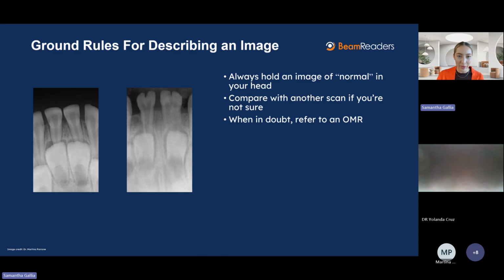All right, next up in terms of ground rules, we're going to want to always hold an image of what is normal in our heads. This sounds really easy, but I think it's actually one of the hardest parts of radiology. We can think that we know what normal is until we see something that is just a little bit not right. So we want a really consistent understanding of what a normal structure is, so that we can compare that image in our heads